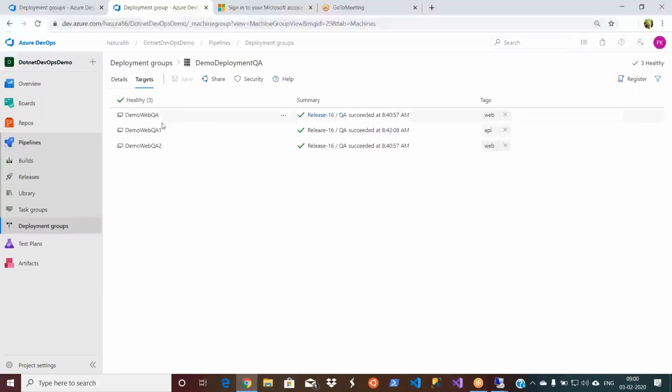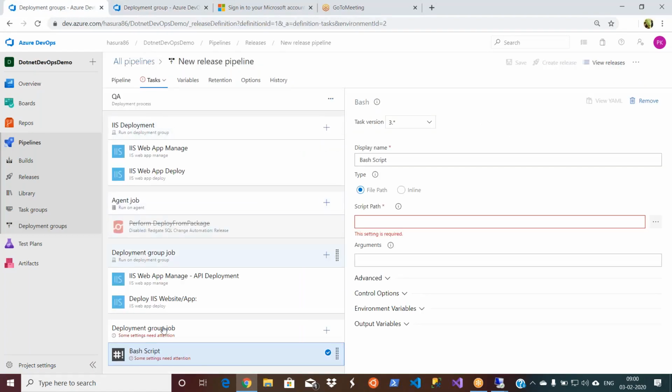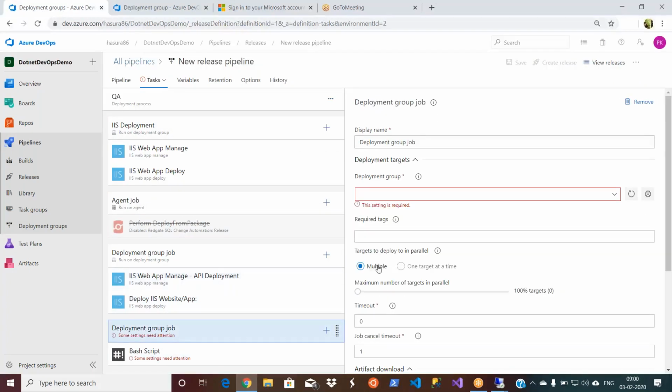How do you identify them? We are having the tags here, right? When I go and add another Linux server or another two Linux servers, I will give another tag, web Linux. So that's how you will identify. As soon as I have a tag available, I simply come to my deployment group job.